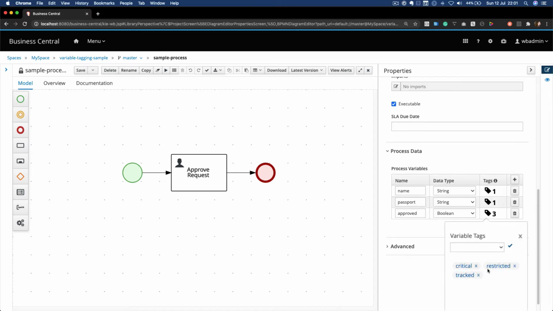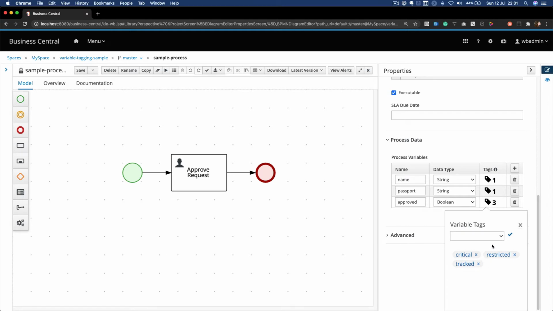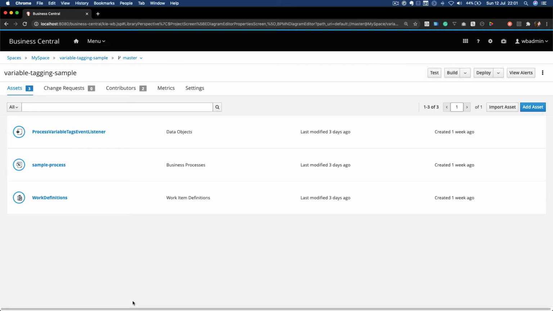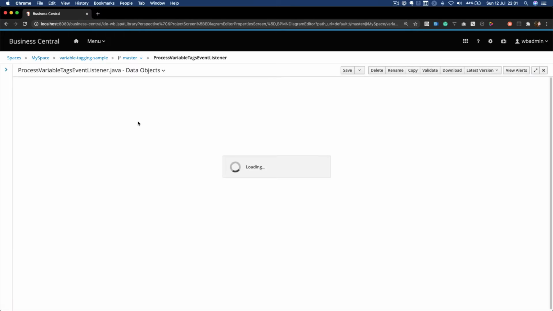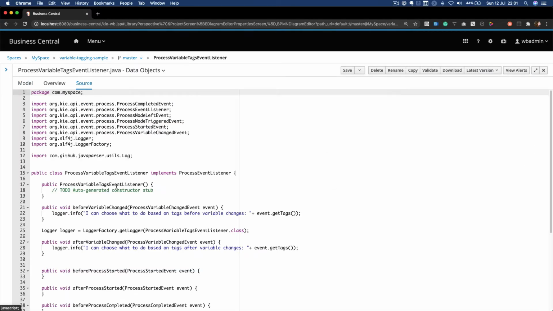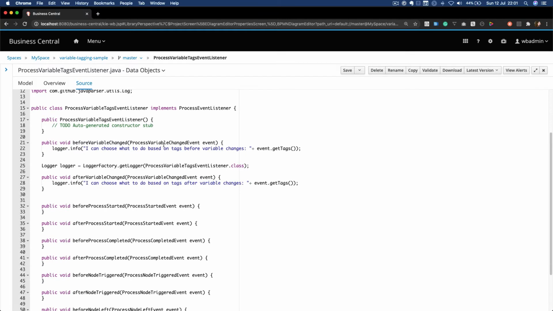Finally, you can create custom tags, which you can use via the implementation of event listeners. When you implement the event listener, you have access to two methods, getTags and hasTags, and these methods are going to enable you to create custom behaviors based on the tags of a specific process variable.